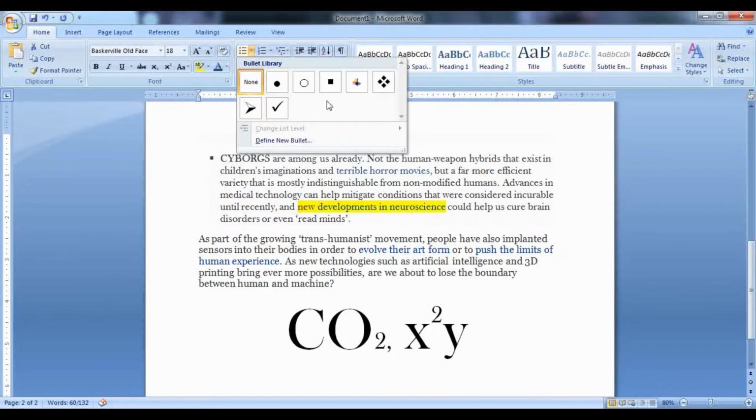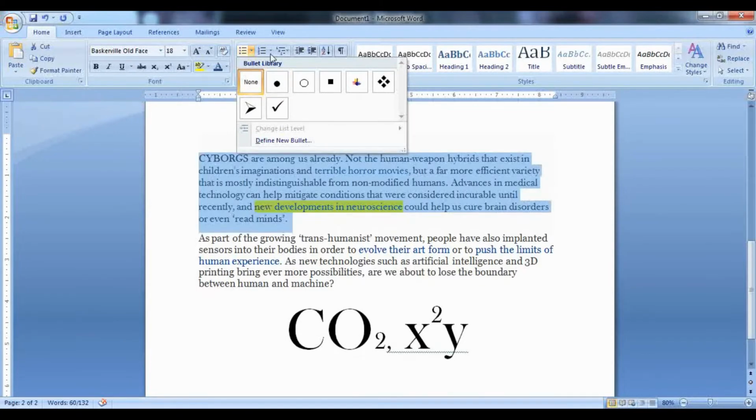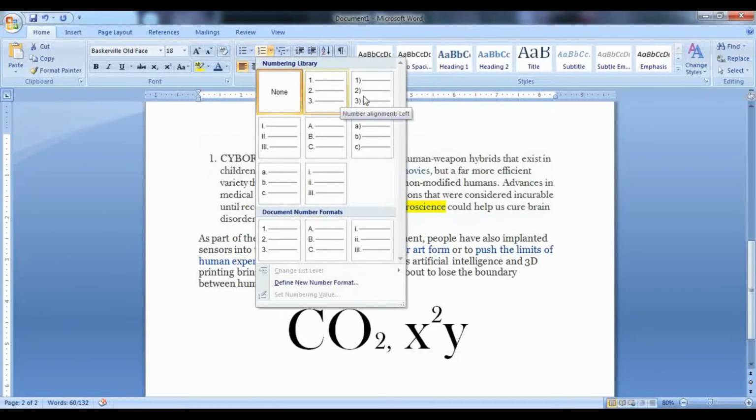Then if you have the steps in a sequential order, that means you need to specify which step will be followed by which one, in that case you can use the numbered bullets. So if you see in the numbered bullets, you have different options of using numbers, or you can use the Roman numerals, you can use the alphabets.